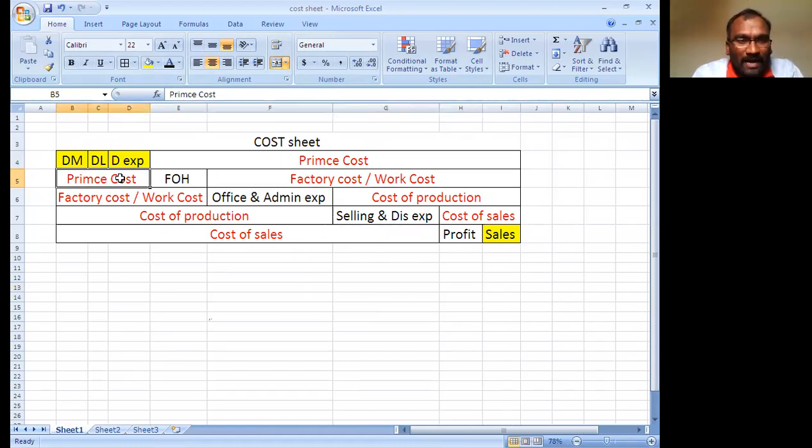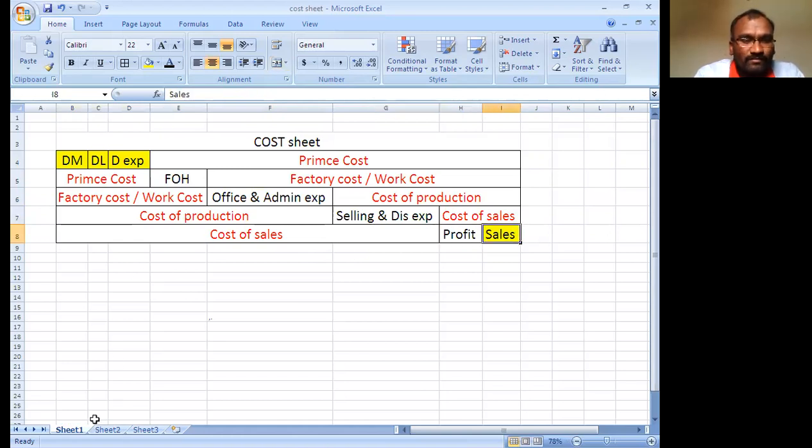Then you add office and administrative expenses, and you get the cost of production. Adding selling and distribution expenses gives the cost of sales. Adding the profit, finally you get sales.